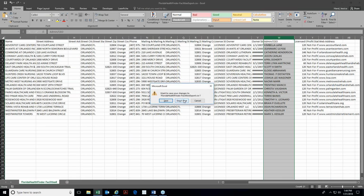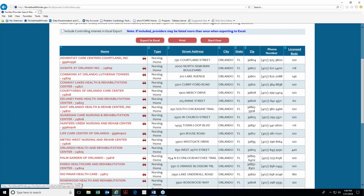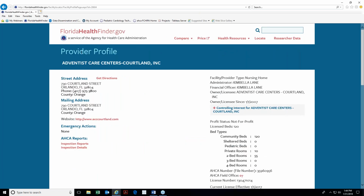So we will close out this Excel document, returning back to our results page on the Facility Provider Locator tool. And I'll show you the third option you have here, which is to just look at one of these providers. All of the names in the left column are hyperlinks. If I click the very first one, Adventist Care Centers, that will take us to the facility's